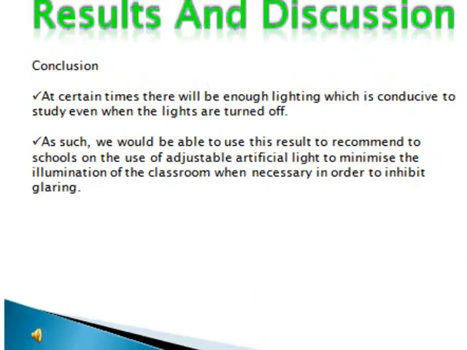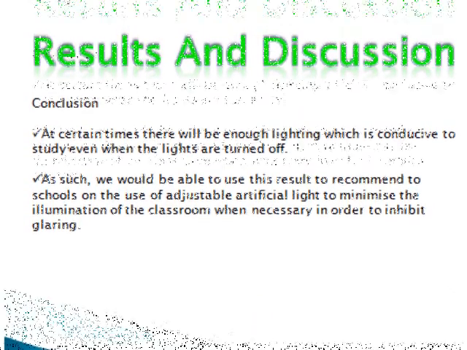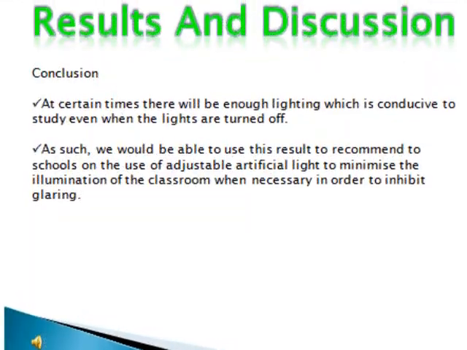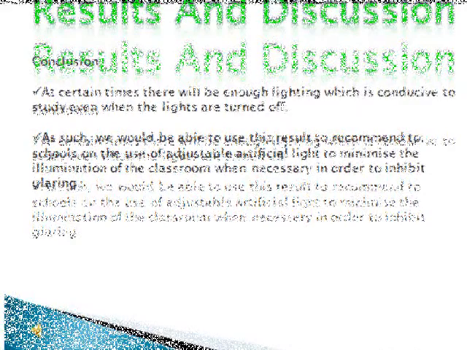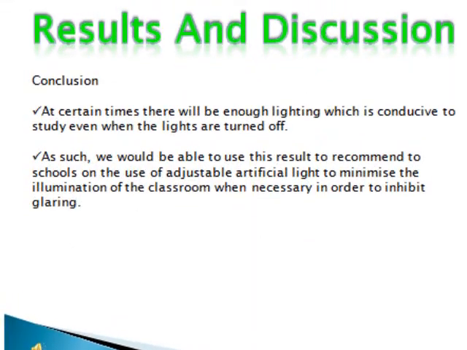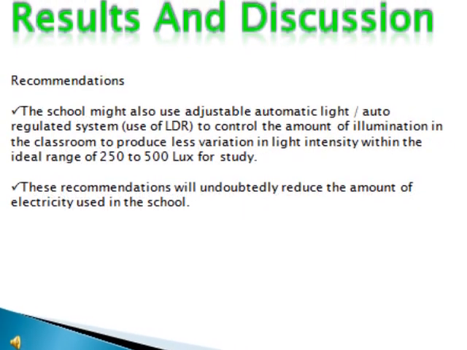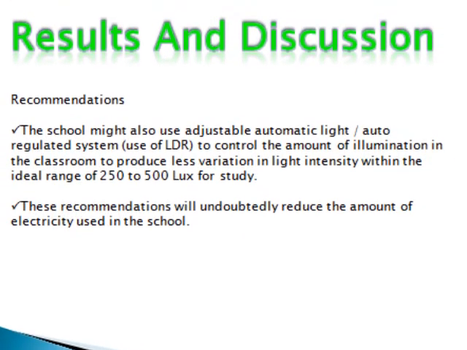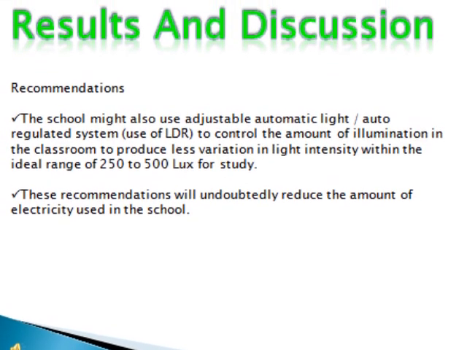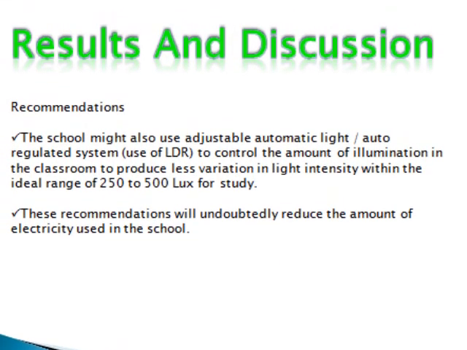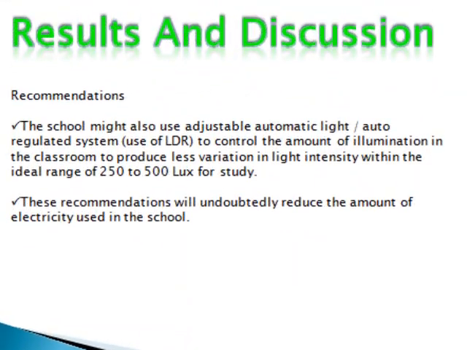At particular times, there will be enough lighting which is conducive to study, even when the lights are turned off. As such, we will be able to use this result to recommend to schools the use of adjustable artificial light to minimize the illumination of the classroom when needed to maintain the optimum light. Moreover, we are proud to know that we can help the students to have a more comfortable environment in the classrooms. Finally, our recommendation is that schools could use adjustable automatic lights to control the amount of illumination in the classroom